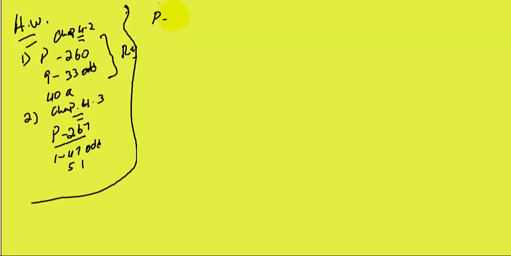Okay, I'm on page 261. This is number 18. Number 18 says ln of x squared is equal to 4. And they want you to solve for x. So, this is the same thing as base e, so that means e to the 4th is equal to x